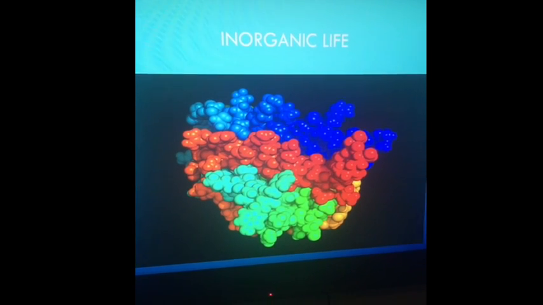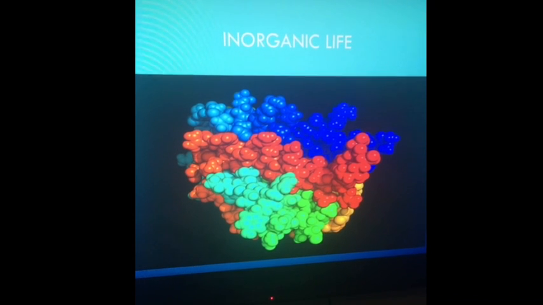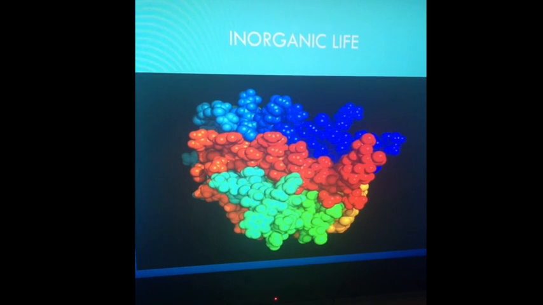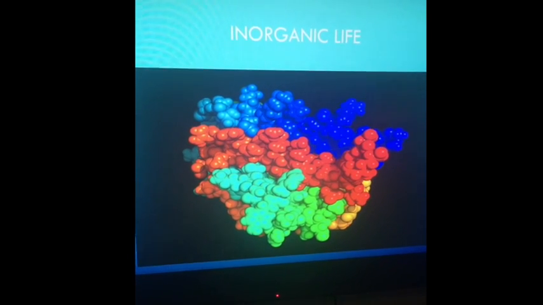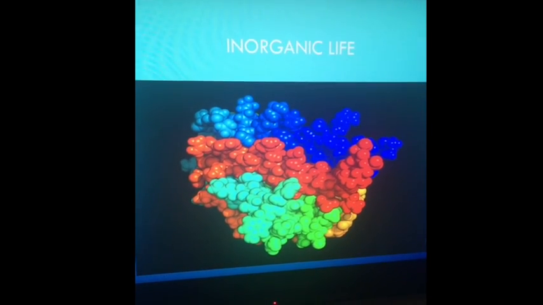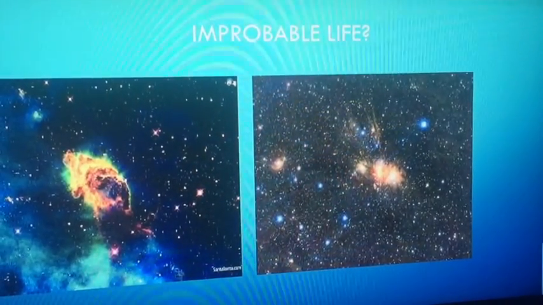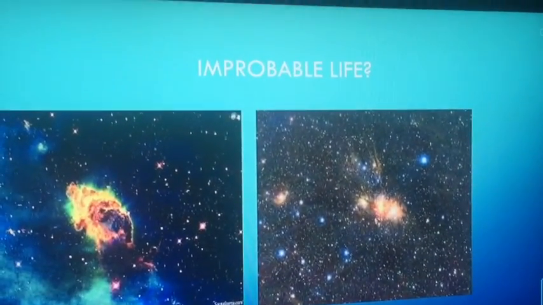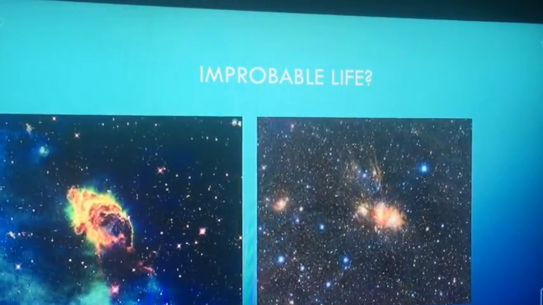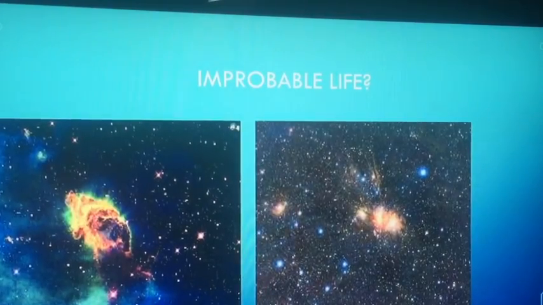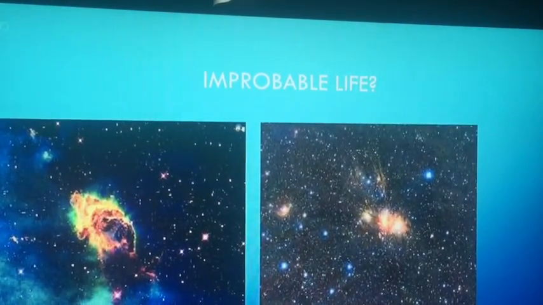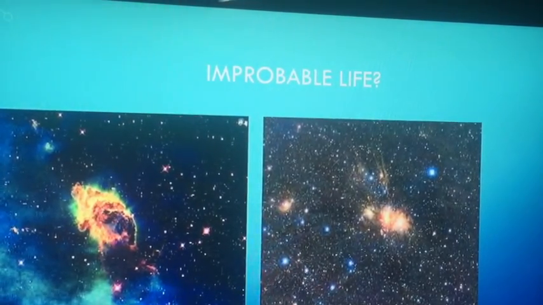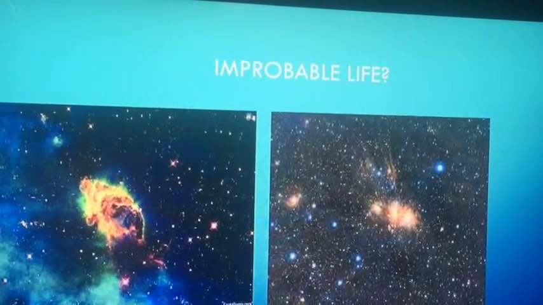But there's a problem, because until a decade ago, we were told that life is impossible to create, that we were the most incredible beings in the universe, and that we were the only ones in the universe. He said as a chemist, he wanted to know if life was that improbable. He said that he thought the emergence of the first cell was as probable as the emergence of the stars. What if we took it one step further, knowing that the physics of fusion is coded in the universe? Maybe the physics of life is also.